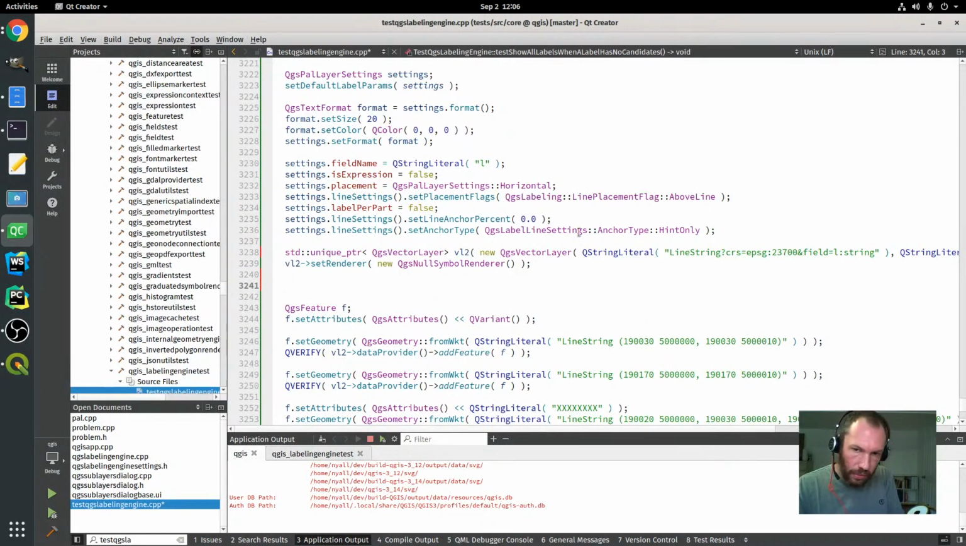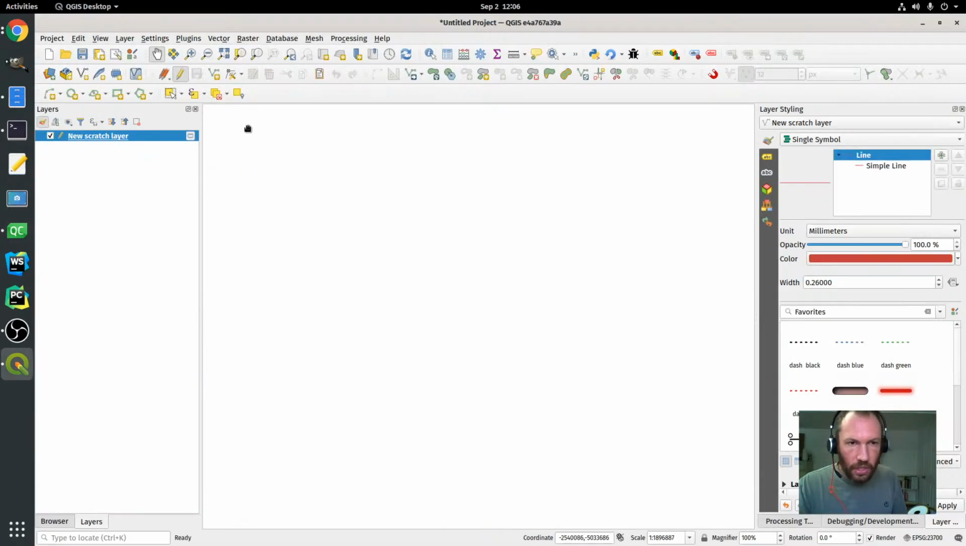And then we've got this line of code here. So this says we make a new layer. I don't know what it's called, vector layer 2, but who cares? And then the next thing we do is we set the renderer to null symbol renderer, which is like when